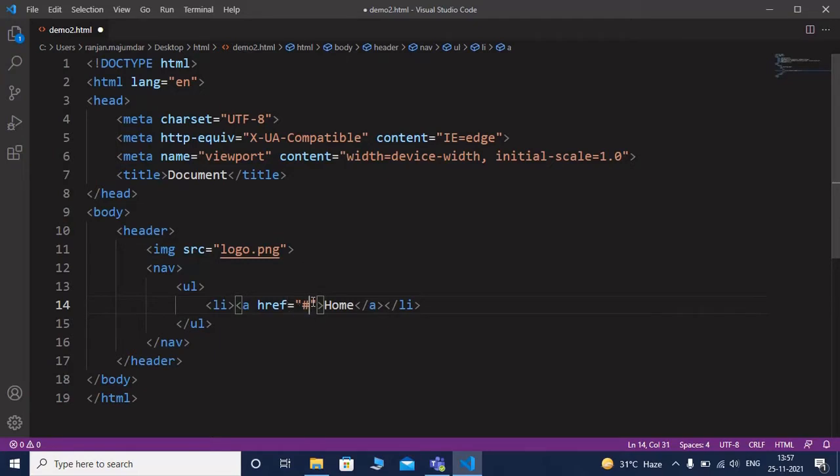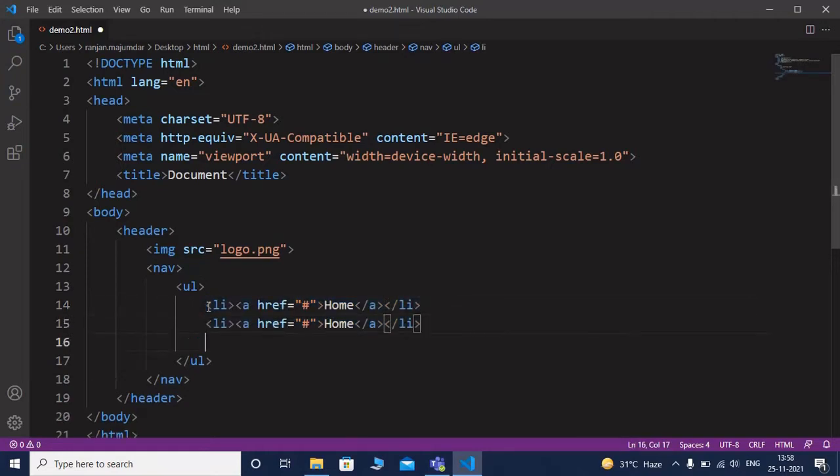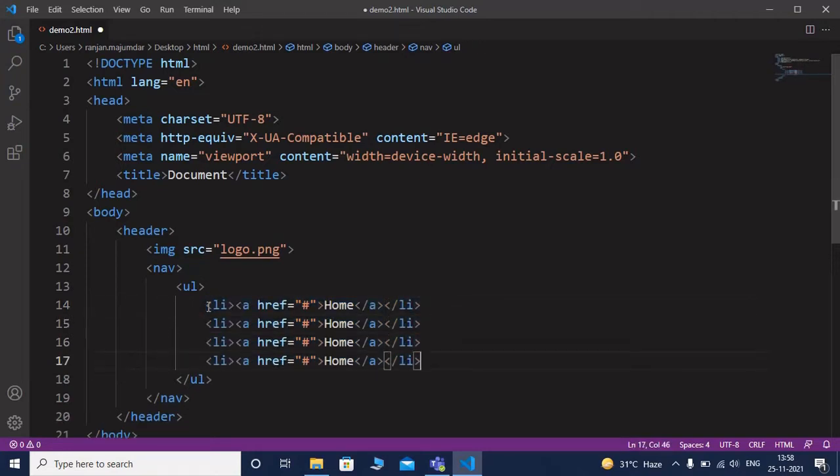The value of href should be a URL. If you do not have an exact URL, then an HTML user can use a hash symbol in place of the exact or absolute URL. I am copying and pasting thrice.